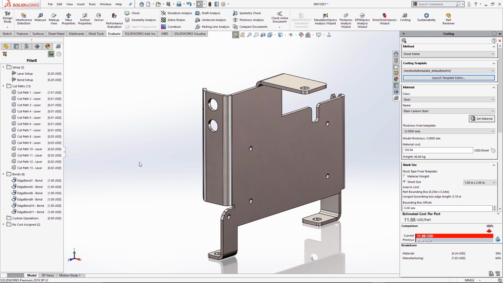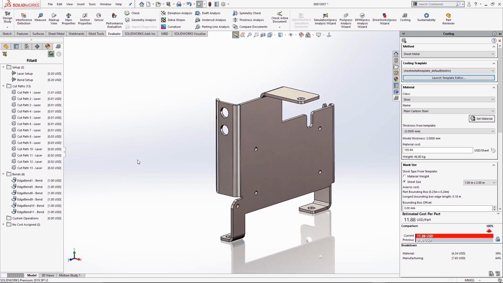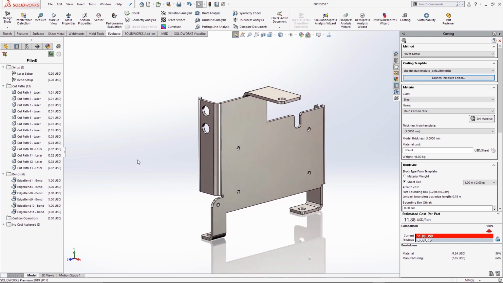And also we can add additional costs to that, such as powder coat or anodize or anything else like that as well. So it's a really nice way of being able to say, okay, well, it's $11.88, but what if I make this out of, instead of plain carbon steel, let's use galvanized steel instead. And you'll find that it updates there to $16.23. So again, it's a really nice tool for being able to do that kind of stuff.